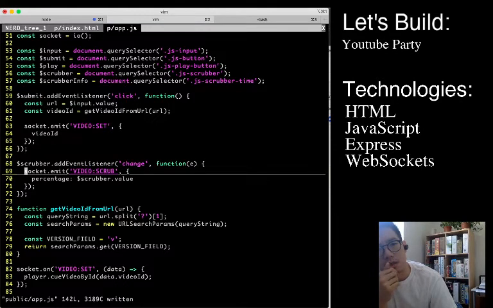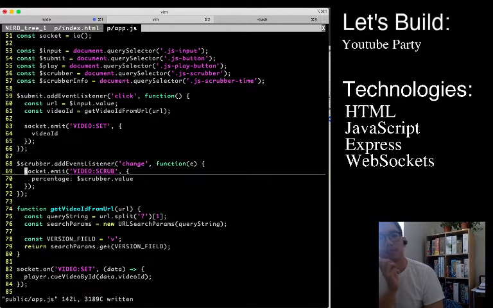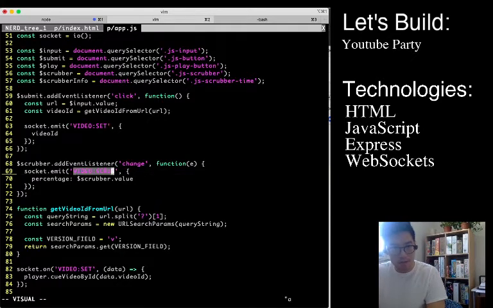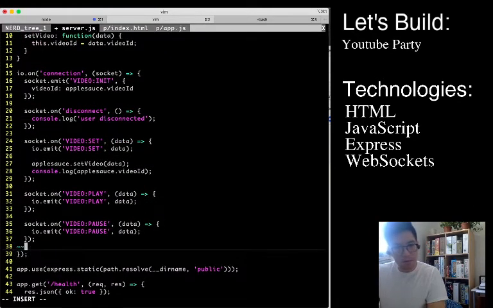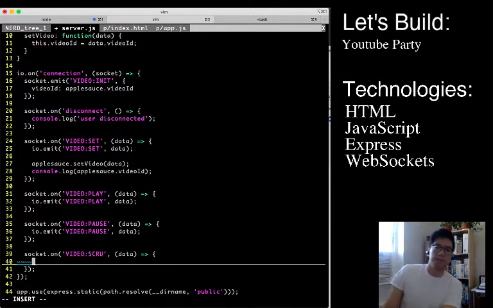So with most of our WebSockets, we've just been forwarding along all of our messages from server to client without doing any manipulations. I think for this, we will do some manipulations. Okay, so when the server receives the scrub command,